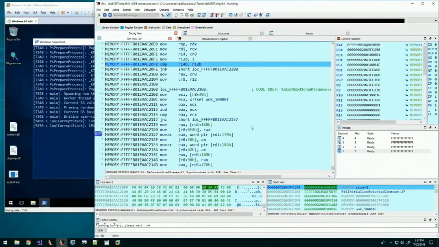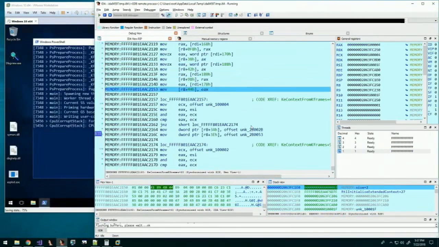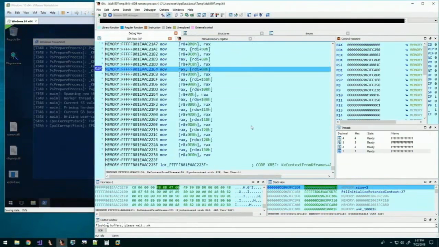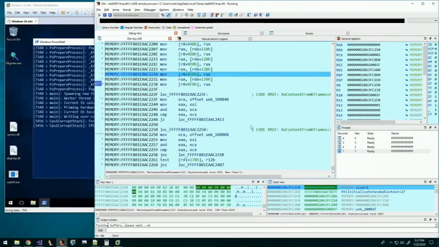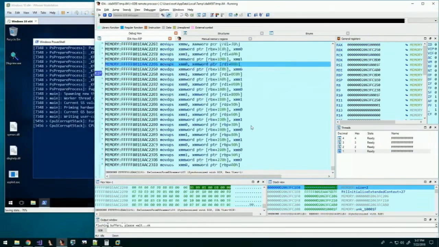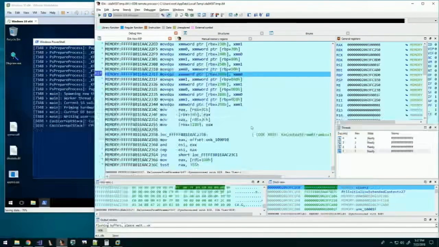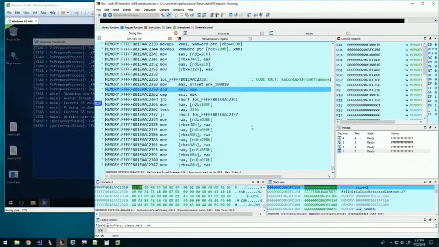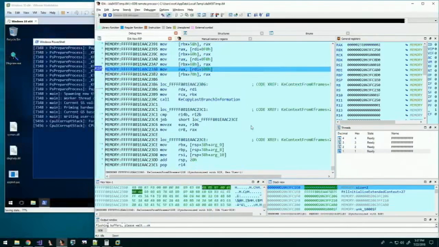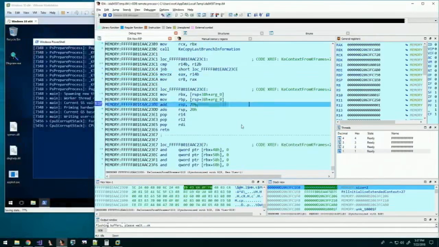Finally, this function's pretty big, and that's why we chose to overwrite its return address, because it's long, and that's the goal. Hopefully it takes a while to execute so that we are able to overwrite it on CPU 1. Lots of XMM operations. Eventually, we will do a return to get out of this function, and then we go into our ROP gadget.